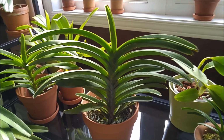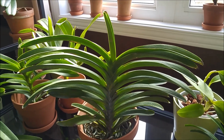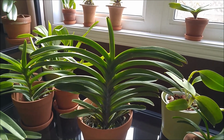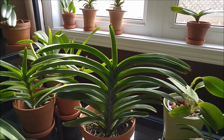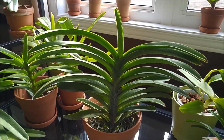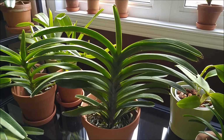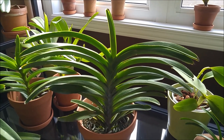And this is the second Vanda that came from Tropical Gardens. This is Vanda sanderiana. And well, this one is a more mature plant. They're not very different in size, but the sanderiana leaves are much closer together. It's the trait of sanderiana. Their leaves are very close together, so there are more leaf sets actually than on denisoniana, so it's much more mature than